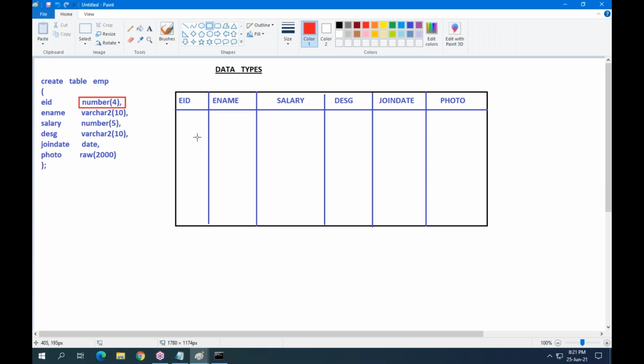Into the ename column, only character type data is valid. Into the salary column, only number type values are allowed. Into the designation column, only character type values are allowed. Into the join date column, only date type values are valid. Into the photo column, only binary data is allowed.